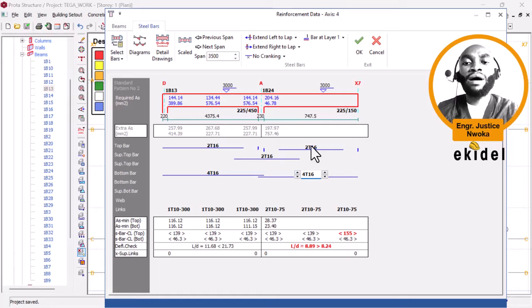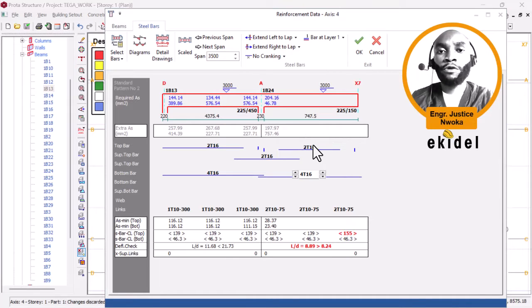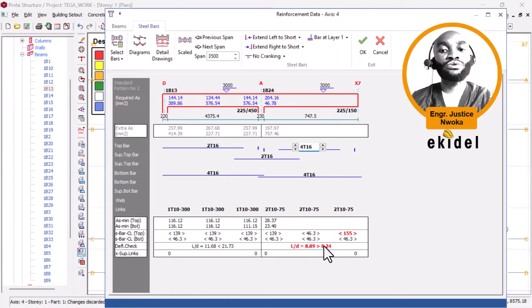Now I'll have to touch on the top bars. As you can see, if I increase the top to 3 or 4, it's still having the same issue. That means that this 150 beam depth is slightly not okay, because you can see that it has a deflection issue. So what we'll do right now is increase it to at least, let me say, 175, so that only 25